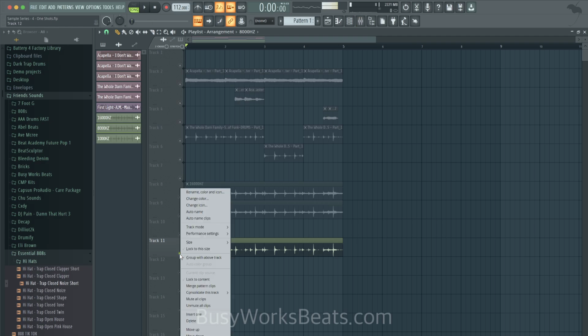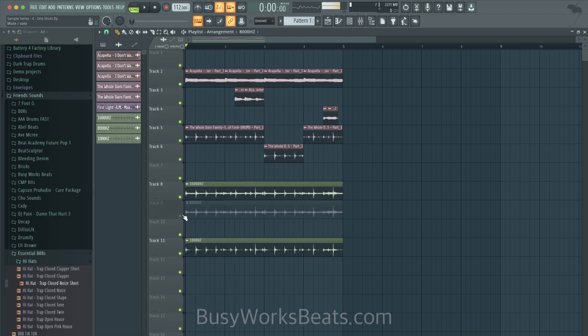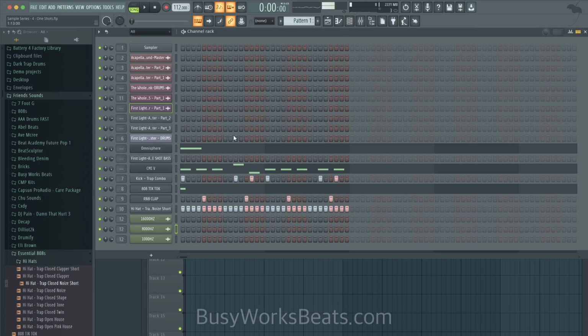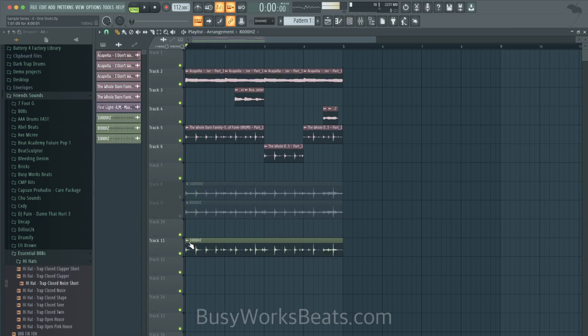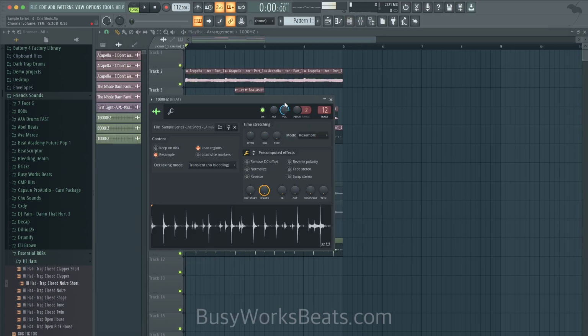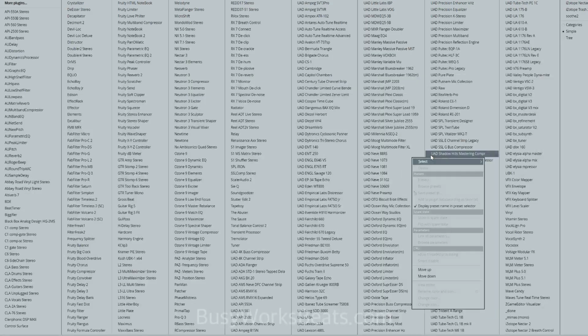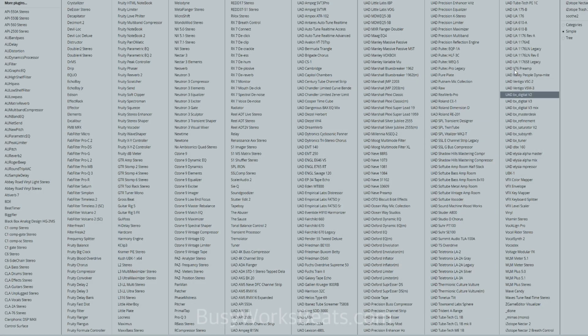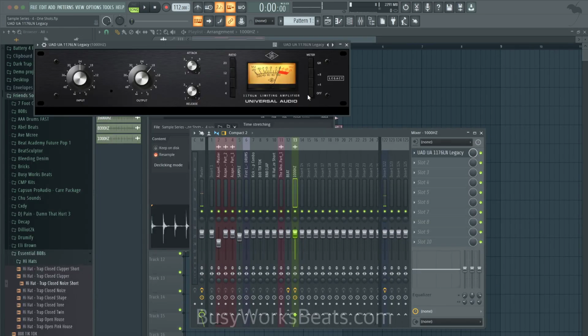Okay, so you could do a lot of different things, like blend that in with the original if you didn't want to go completely lo-fi. You could send this to a new mixer insert and compress it with something really heavy, like an 1176, for example, and just smash it. And blend in that low tone. That's one thing you could do.